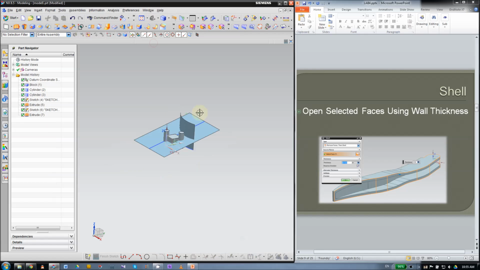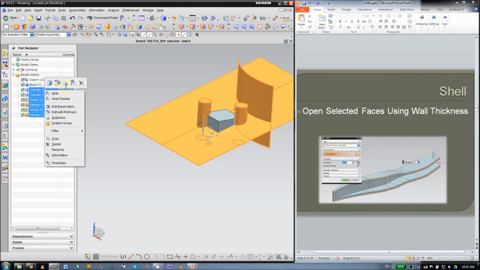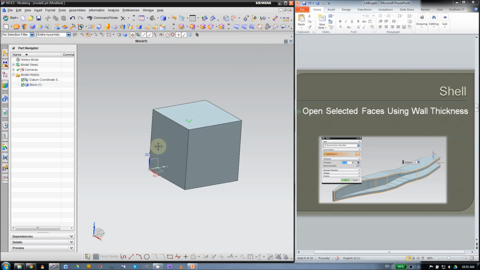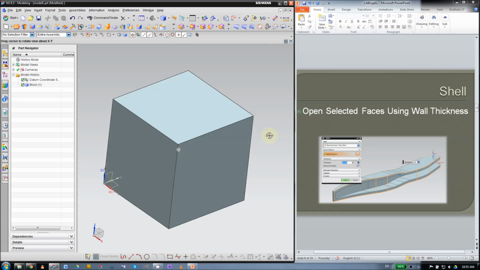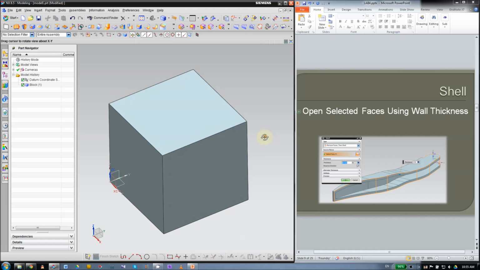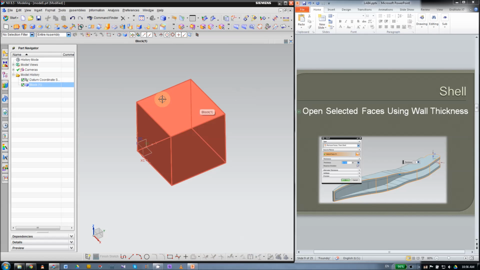So let's delete everything except the cube. Okay. Now we have this cube here. What if I want to make maybe a rectangle or cubic bucket? Okay. So you're gonna dig a hole in the middle with the same thickness on the wall. Then